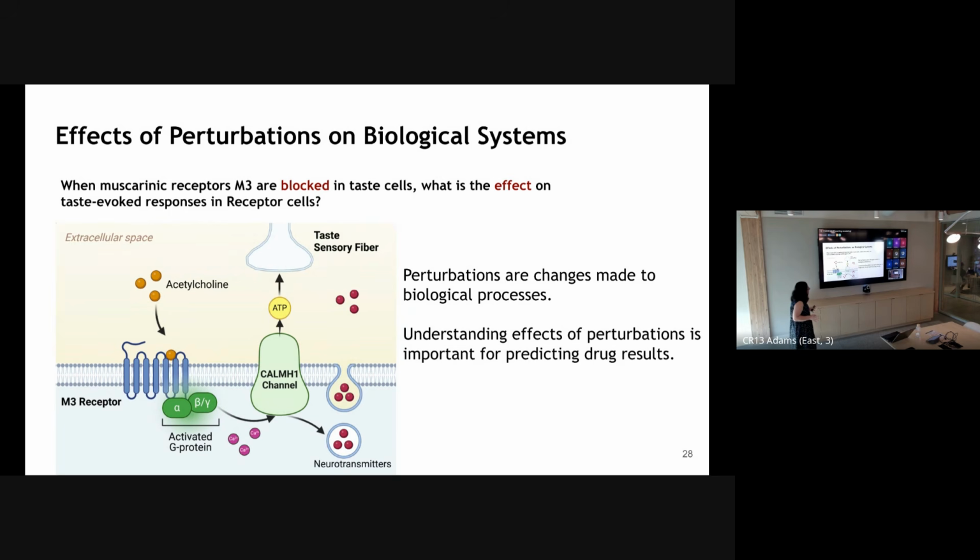Perturbations are actually changes made to biological processes. If we want to understand how a drug actually works, we want to look at the effects of perturbation. For example, here in a taste transduction